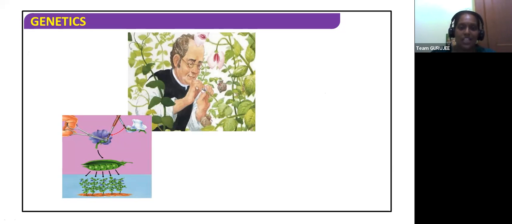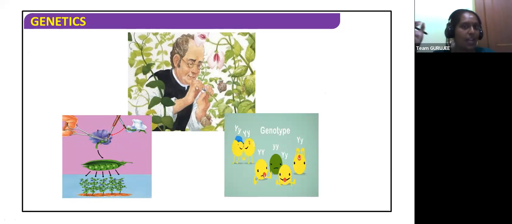So what is hybridization? I guess you all remember the artificial hybridization process that we studied in the other chapter, bagging and emasculation. Those were the two steps he also followed. He did artificial hybridization. Hybridization is crossbreeding two different things. When we crossbreed two things, we have to keep two things in mind. We have to be very particular in choosing the variety we are going to crossbreed. Once you crossbreed them, you have to be very careful that no cross contamination happens.